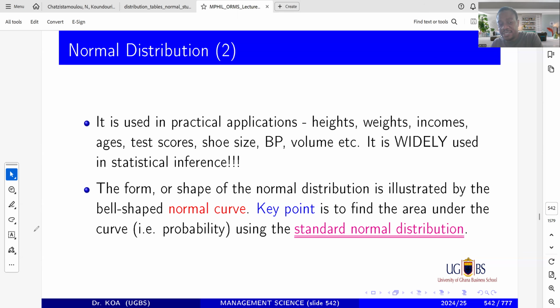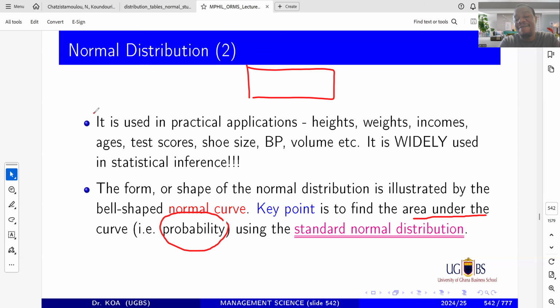The area, this is where you want to understand, the area under the normal curve is the most important thing. That area under the normal curve is what we call the probability. The entire probability is the whole space under the normal curve. Just remember something like a box, or let's say a rectangle. A rectangle has a length and breadth, or length and width. If you want to find the area of this rectangle, it is the length times the breadth. That's the area.